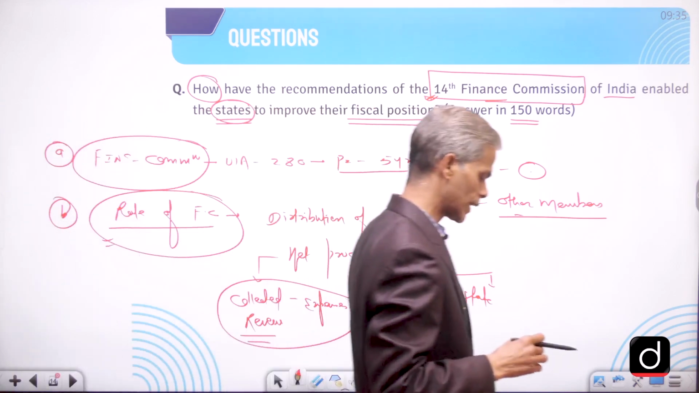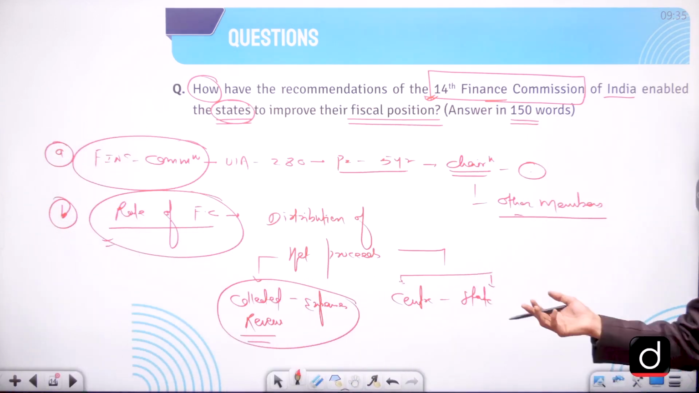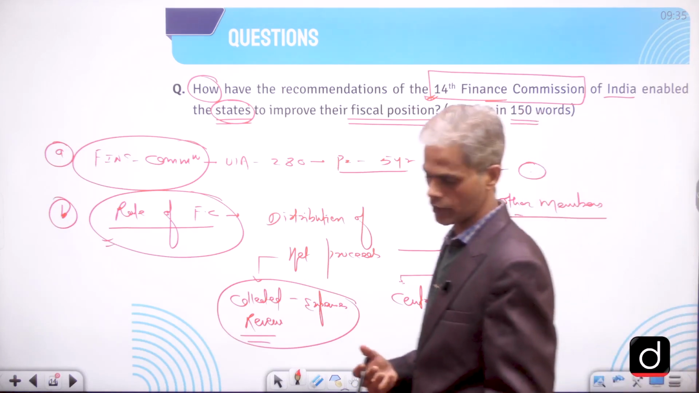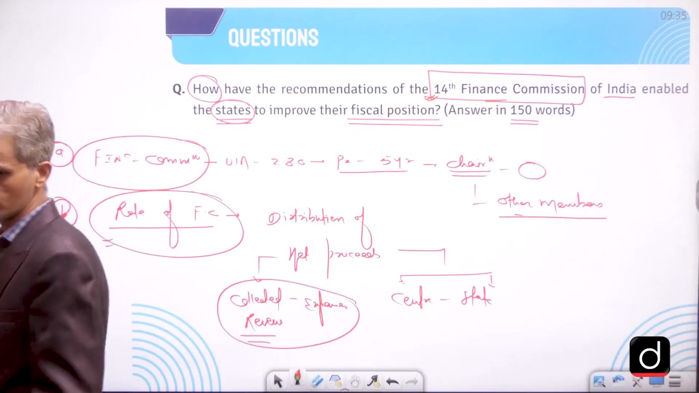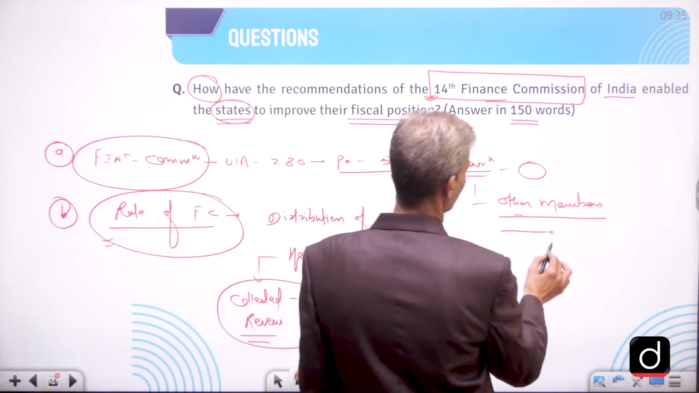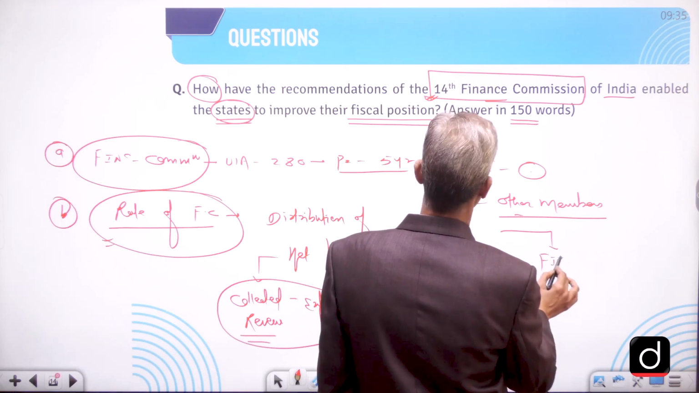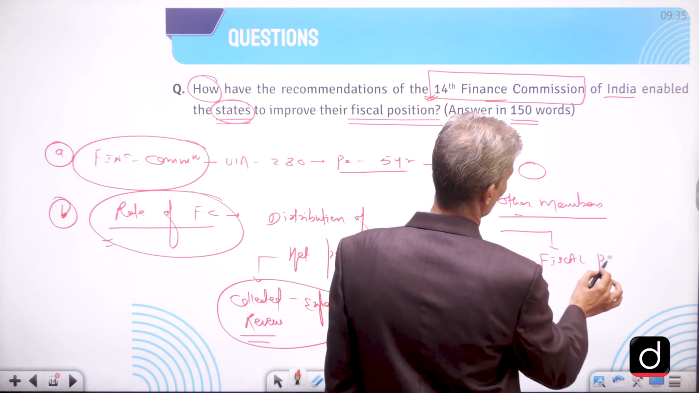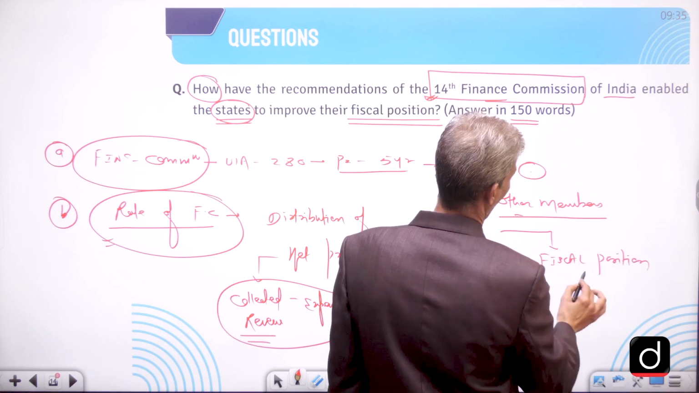That's why they generally accept it. So this is the second paragraph you can mention in general. Apart from that, they also recommend the measures for augmenting the physical position. We can say how to strengthen the physical position of the states,